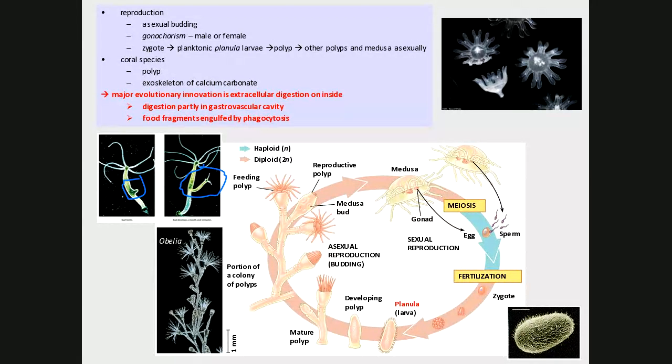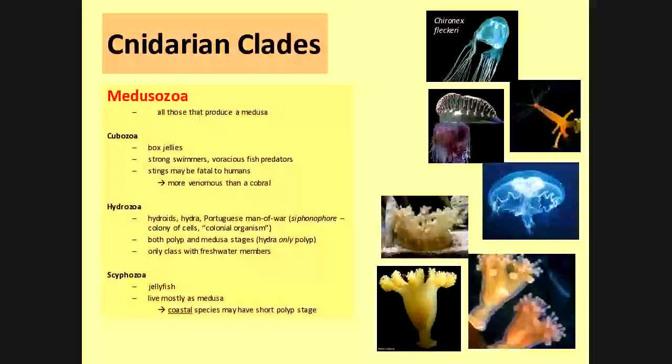Okay, let's look at some groups of cnidarians, or what we call clades. Remember that the word clade kind of depends on where you're talking about. So let's just call them clades or groups. There's the Medusozoa. That's the biggest one. Those are all those that produce a medusa. So this is any of these other groups, all collectively, that make medusa forms, at least all their lives or sometimes.